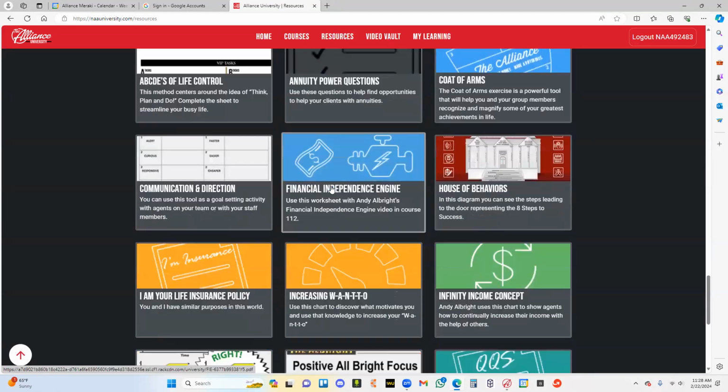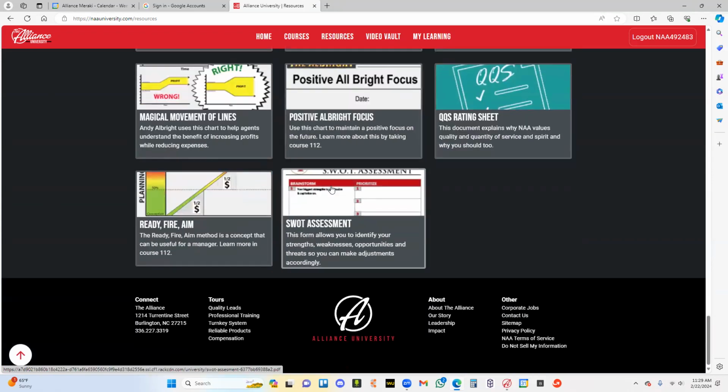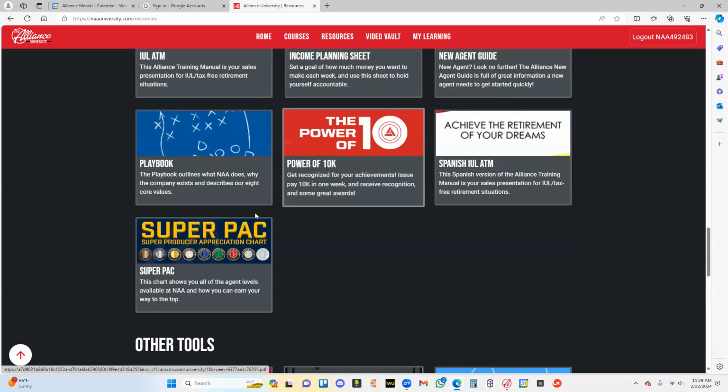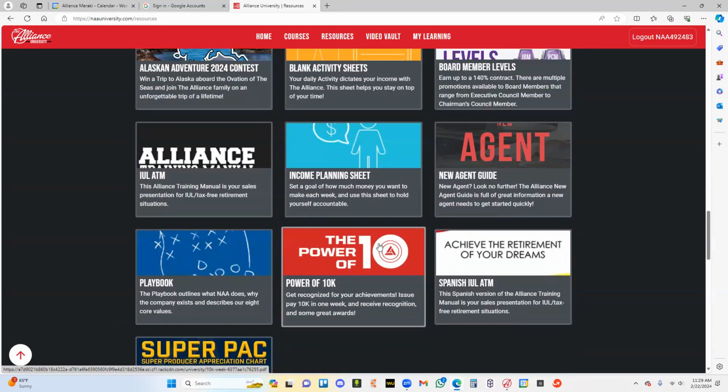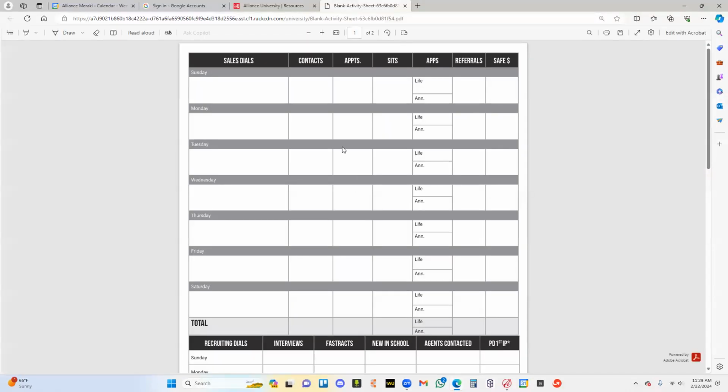And we're going to be looking for something that says activity sheet. So if you do not see it, like myself, there we go. I may have passed it. It'll be orange and it'll say blank activity sheets. We'll click that, right? And you can watch another video on how to keep track of your numbers,